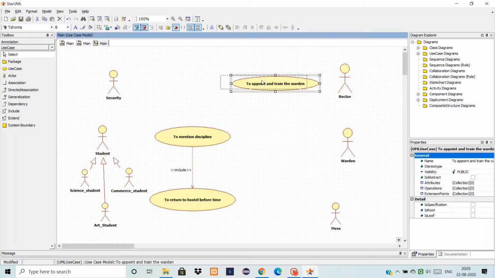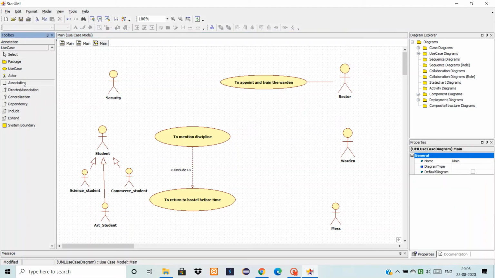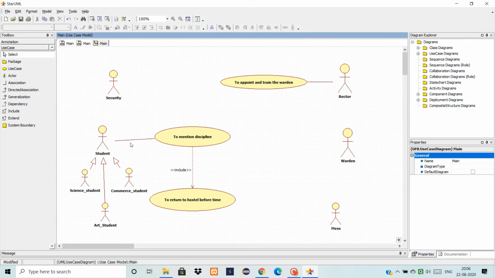We'll show the relationship between the corresponding actor and that use case using this association link. And I'm sorry, I forgot to connect student with the use case or the responsibility of student. Okay, so that we have seen.